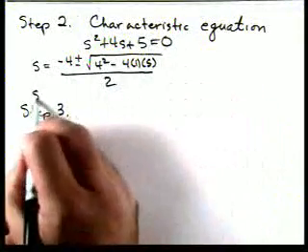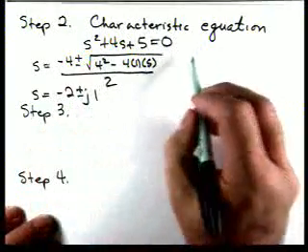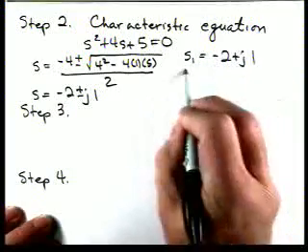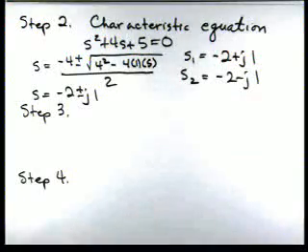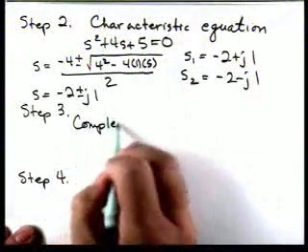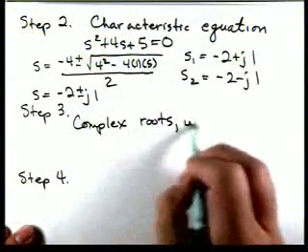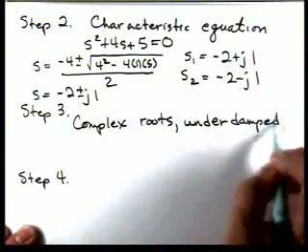The roots here are minus 2 plus or minus j1, so one of our roots is minus 2 plus j1, the other one is minus 2 minus j1. So we have complex roots, so we have an underdamped response,